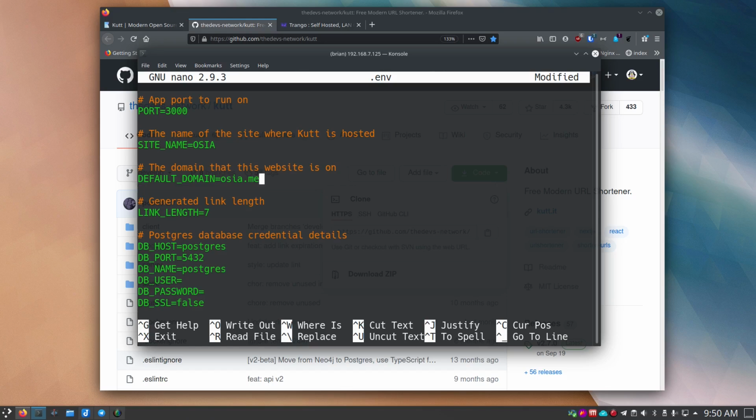Default domain. I actually went and purchased this domain just for this little experiment, and I made a really short one. osia.me is my domain. I own that domain. Sorry, I'm tapping on the mic. osia.me is my domain, and I own it. As we move down, I changed this to 7, so it can put 7 characters after the osia.me. So you'll get, for your short link, something like this,